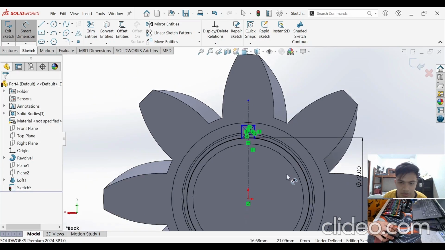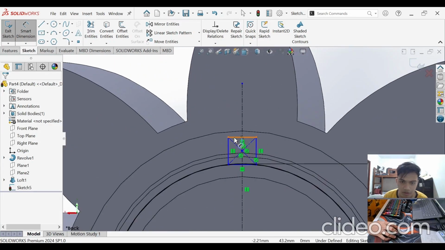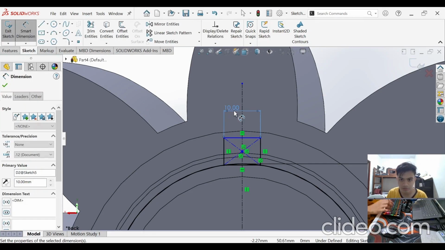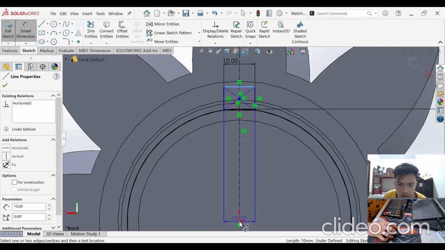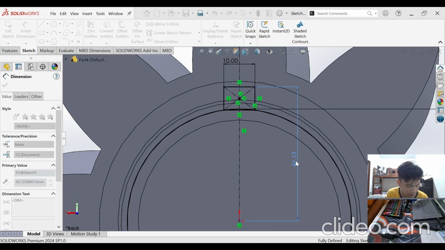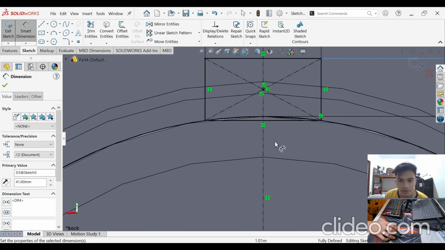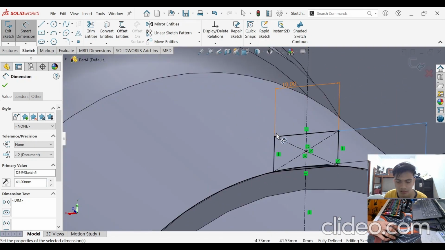Now let us input the correct dimensions of this rectangle. The upper part should be 10 millimeters, and this upper part should be 41 millimeters away from the origin of our circle. Now that we have made the sketch, you can see it's a rectangle.